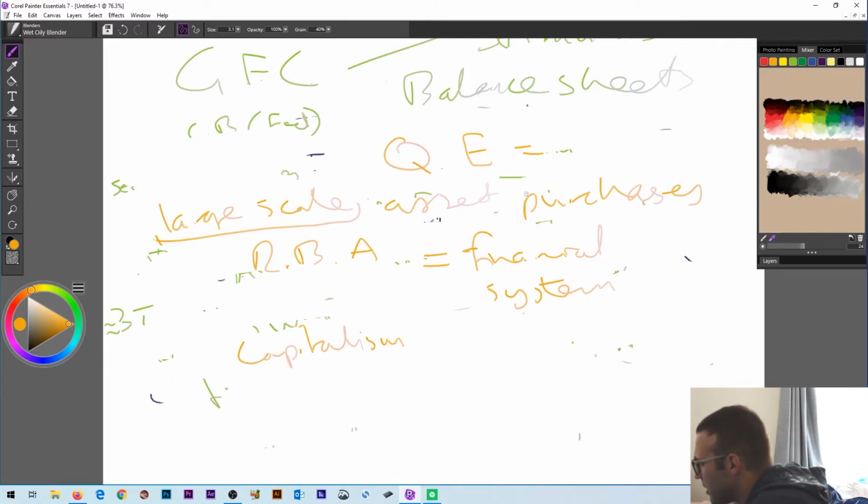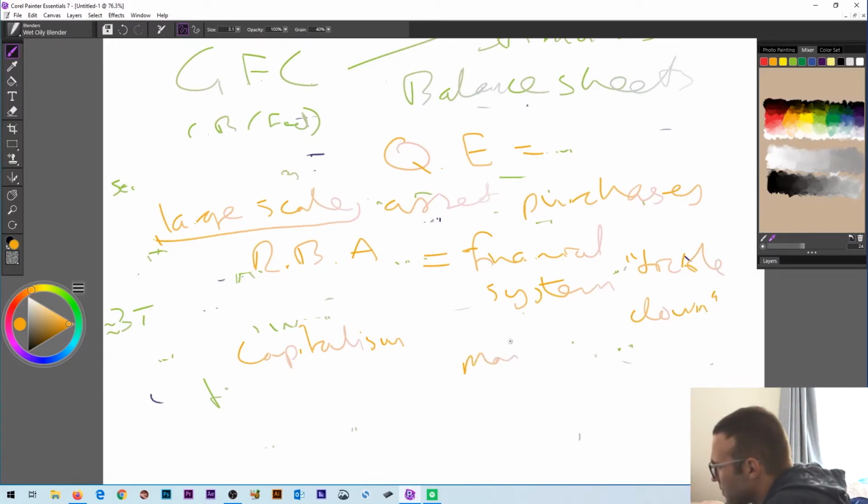Because the big banks, the RBA, the Fed and all that, they can only work through the financial system. It's something that we've set up. It's a framework that we've set up for them. It's a legal thing that they can only work through the financial system. And then they can sort of hope, I don't like this term, but let's say trickle down. It gives a bit of the wrong impression, but in this case, I think it's an okay term. Trickle down from there into what they call Main Street.